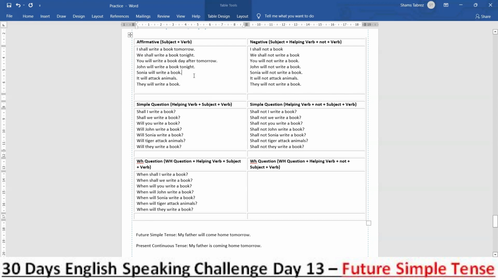Sonia will write a book day after tomorrow. Or Sonia will write a book next week, for example. Now, next. When will tiger attack animals? Tiger will attack animals at night. So instead of tiger, you can say it will attack animals tonight. Or let's say this afternoon,